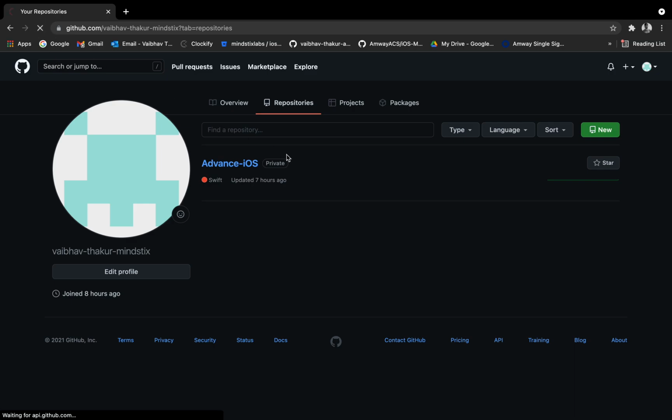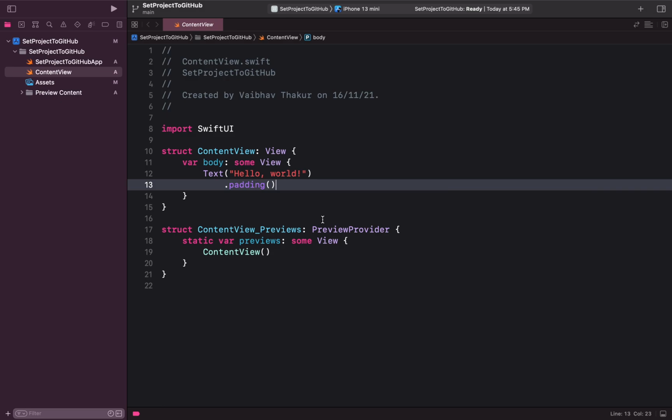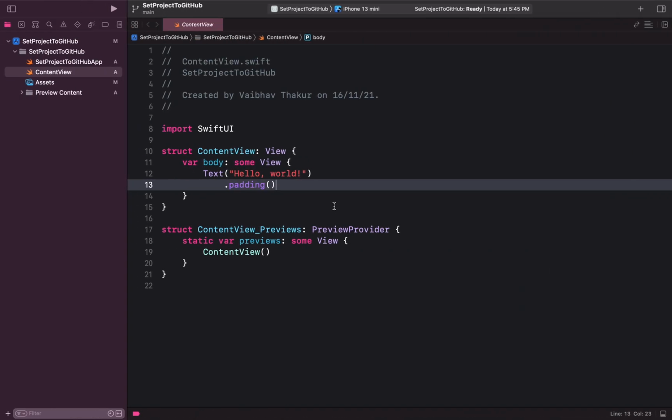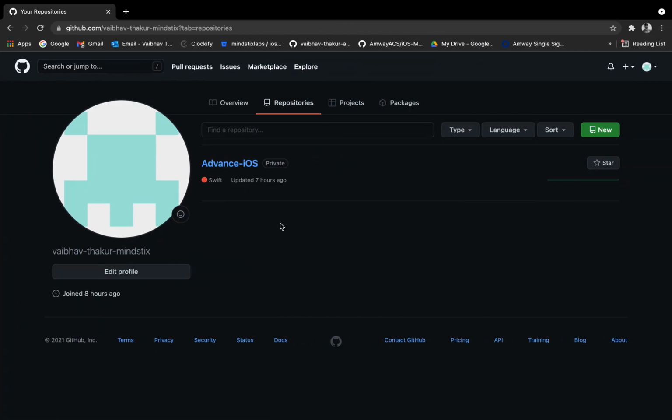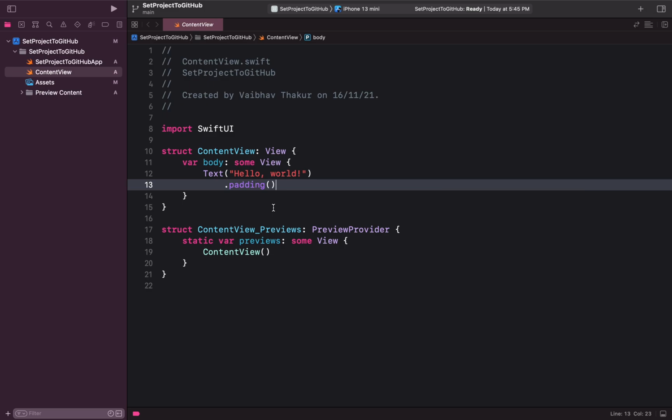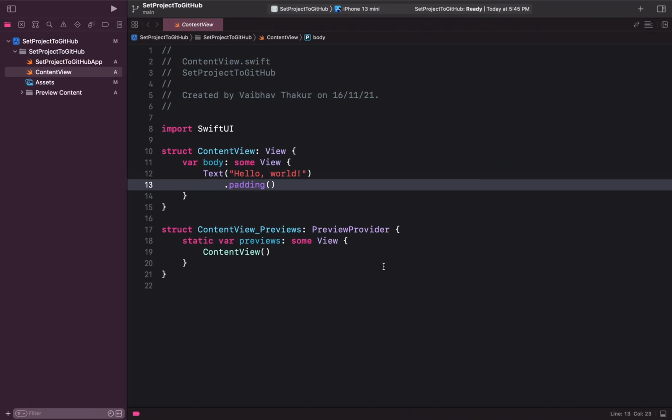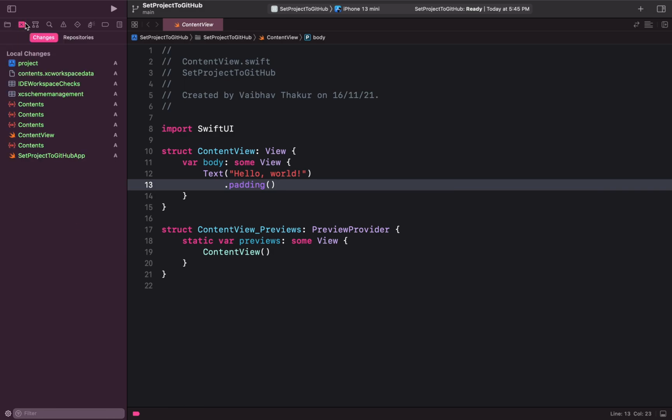Then the next part is key, how we can set this project to a GitHub repository. So let me refresh this, and you can see that we only have one repository which says advanced iOS, but we do not have the latest one which we just created. So the next step is key. First step was to create an Xcode project and then set up the Git version system for it from Xcode, which we have seen. Now we'll see how we can set up this version system or this project to the GitHub repository. So to do that, just click on here,